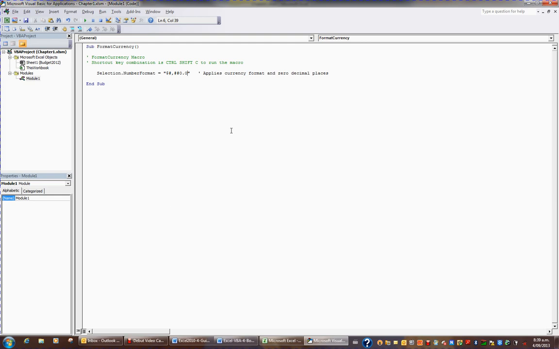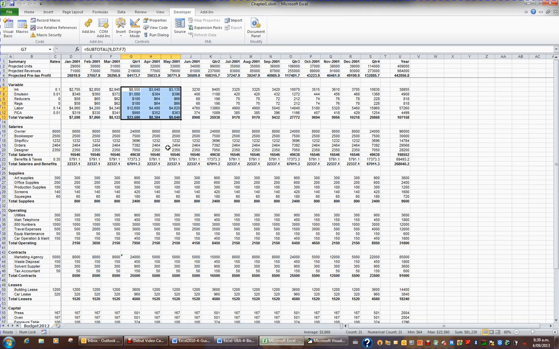Now let's go and test this. I'm just going to jump back to Excel, and I'm just going to highlight a range of cells, so it can be any range of cells, and I'll just highlight this range here, and I'll press the key combination Control-Shift-C to see if it actually has been altered. And when I press Control-Shift-C, it's giving me currency with 1 decimal place. Let's say I want 2 decimal places. I'll jump back to the Visual Basic Editor,